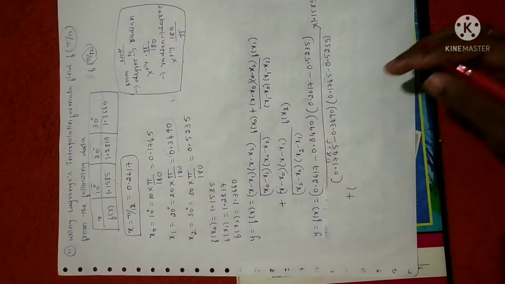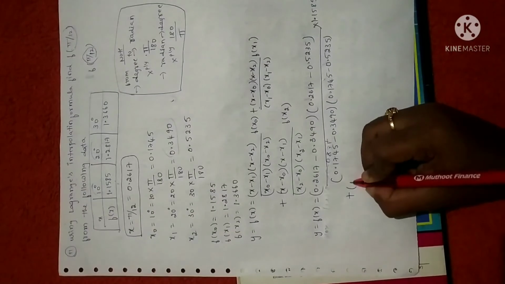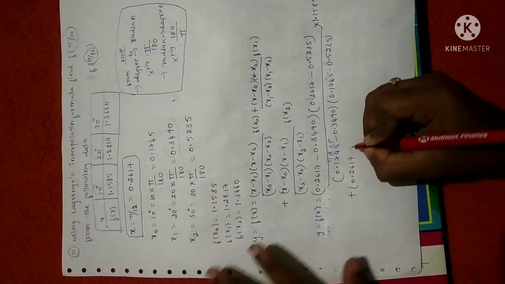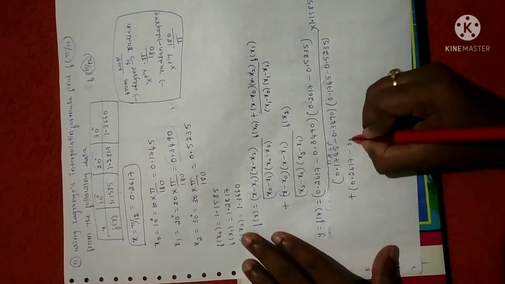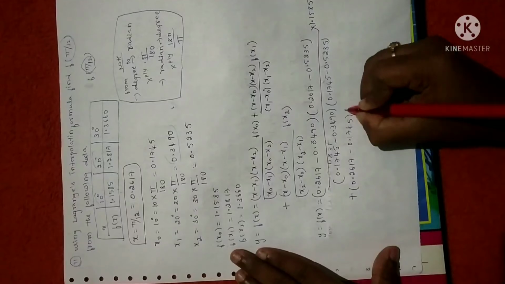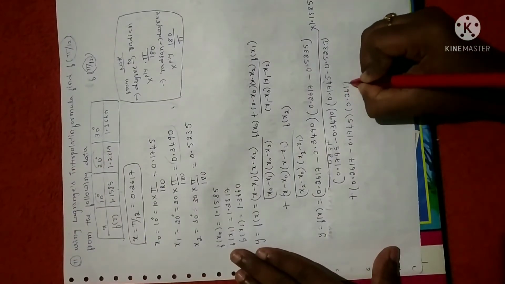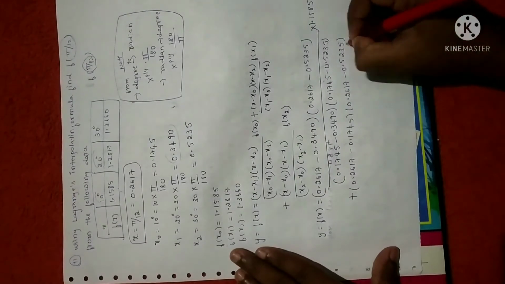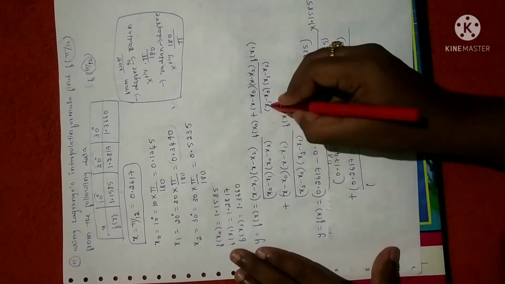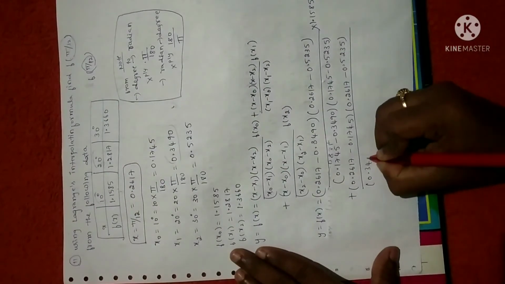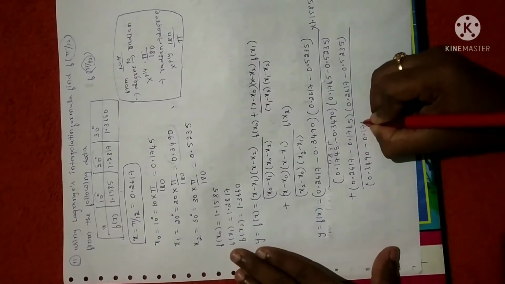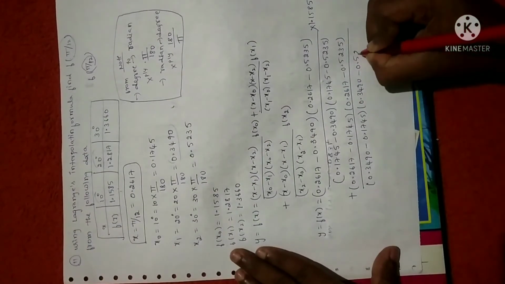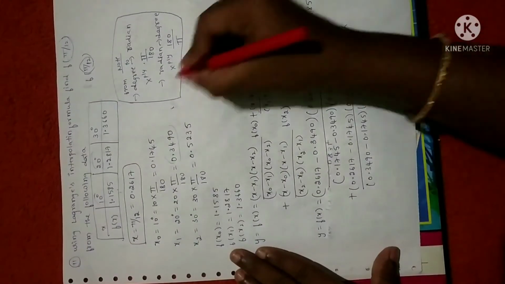Plus, similarly, let me write the second term. Second term is, what is the value you have? X minus x naught. X is 0.2617 minus x naught is 0.1745 into x is 0.2617 minus x2 value is 0.5235 divided by x1. x1 is 0.3490 minus 0.1745. Again 0.3490 minus 0.5235 into f of x1 value. F of x1 value is